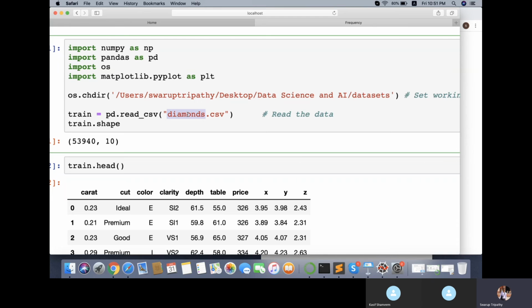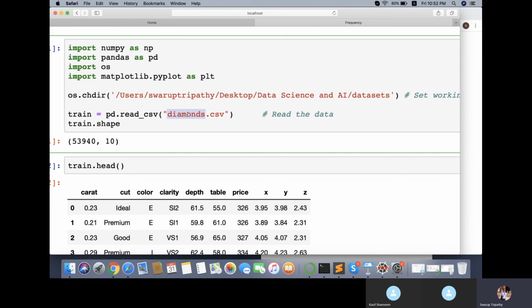These are for doing any analysis. Now to read this file, instead of giving the full path every time in pd.read_csv, suppose I have to read multiple things. Instead of giving the full path, I am pointing to that folder, so I can directly read the file. So I'm saying pd.read_csv directly diamond.csv. That's the file name. So within diamond.csv, we can see that we have 53,940 records and 10 columns. That's our data.